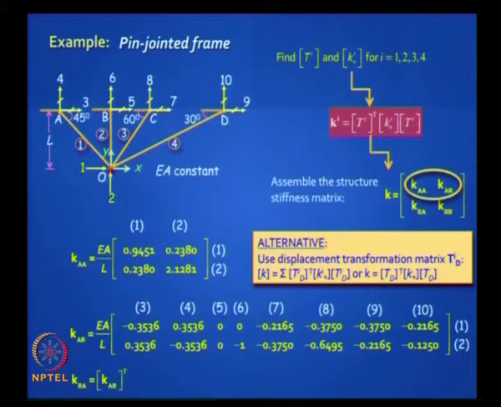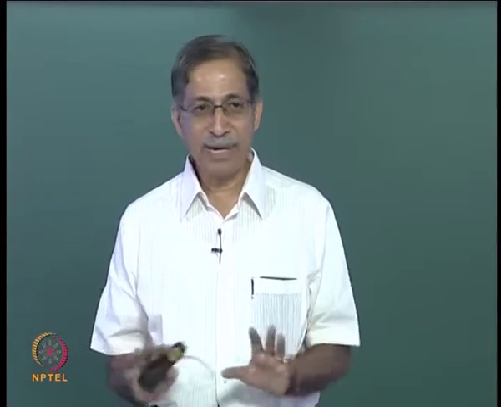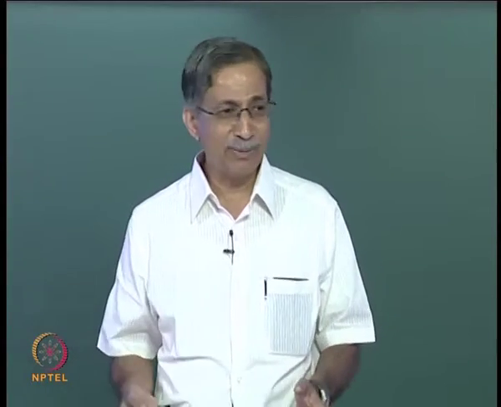The alternative is using a displacement transformation matrix. This is for people who are not very comfortable putting it in slots and all that. If somehow we could have a robust method where you do not have to keep track of these linking coordinates, then you have got a blind way of doing it, okay. Not suitable for programming large structures, but okay at your level, okay to do manually, and I think that is the way it is taught in most universities, but that is not how algorithms are built in software packages. So let us look at that.